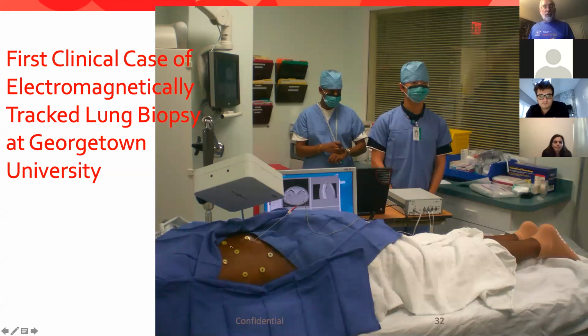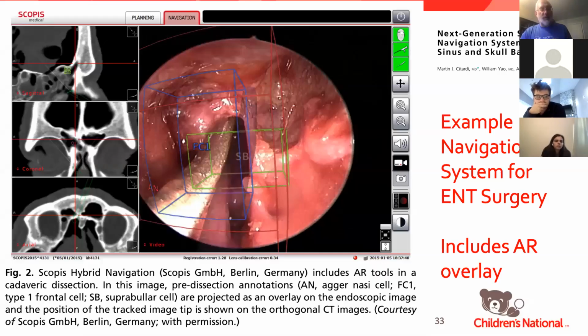These are all markers right here to, quote, register our system. We're going to track it, and we gave the surgeon a display where he could guide his needle right to where he's going. In the lung, of course, the patient is breathing, so you have to ask the patient to hold their breath, and you try to go on a breath hold, but this was successful. The other work that's being done now is when you do ENT surgery, okay, right here,